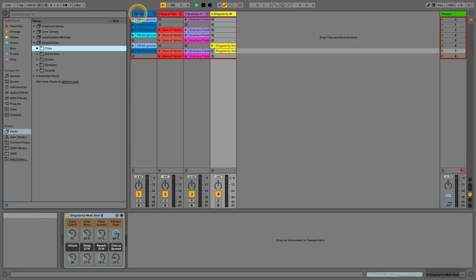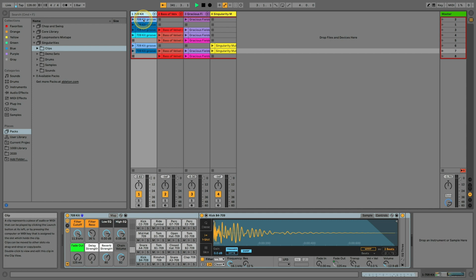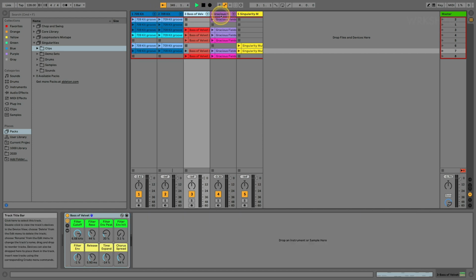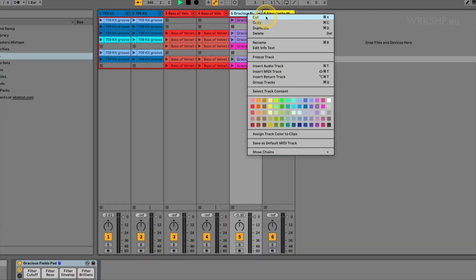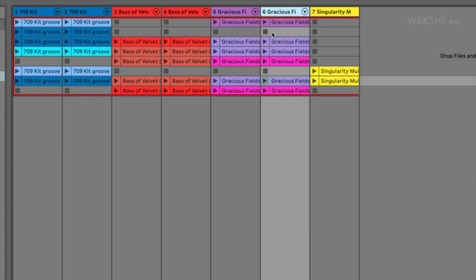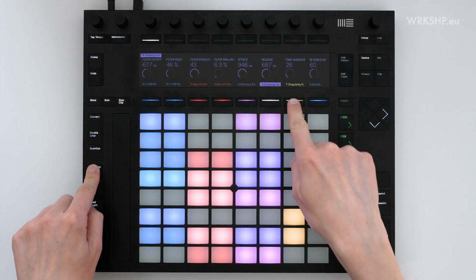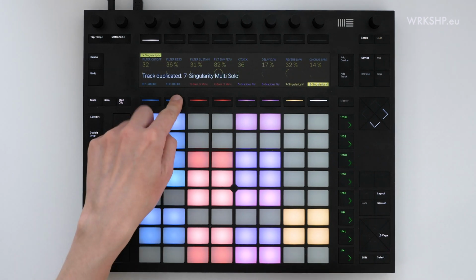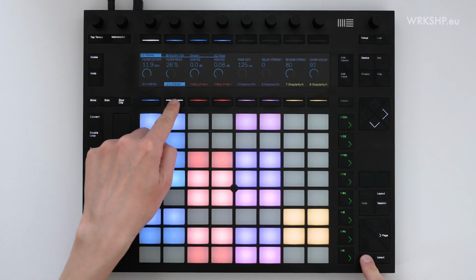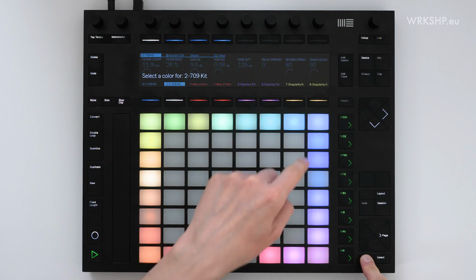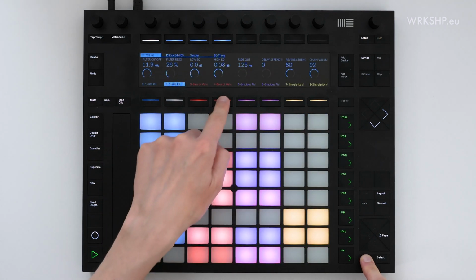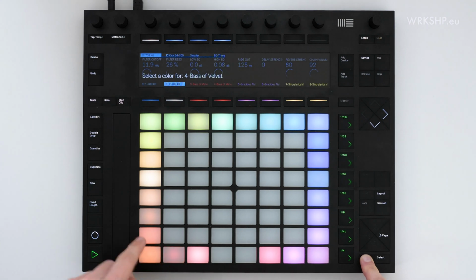I will say one thing about making that organization, just to show you one little tip if you're working on Intro. If you're having a difficult time structuring this, because you only have these 8 scenes, what I do very often is just duplicate the tracks. So here I'm using Command D or right click and duplicate, or of course over on Push, just duplicate the track like this. And hey, let's just do this from Push here. I'm gonna shift press that track and change it to a different color. Just make it a bit lighter, for example.